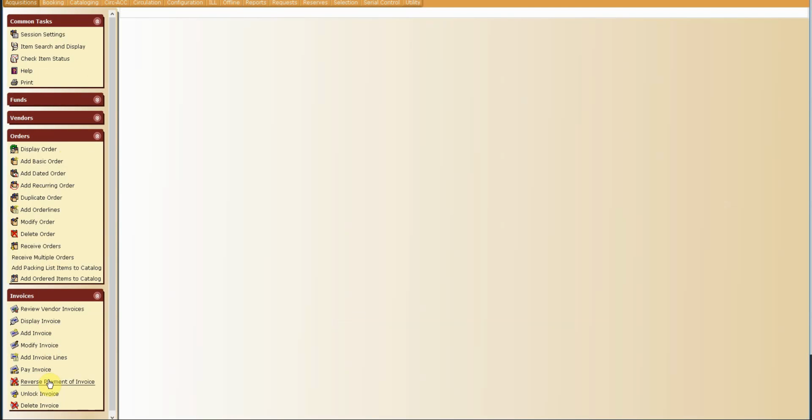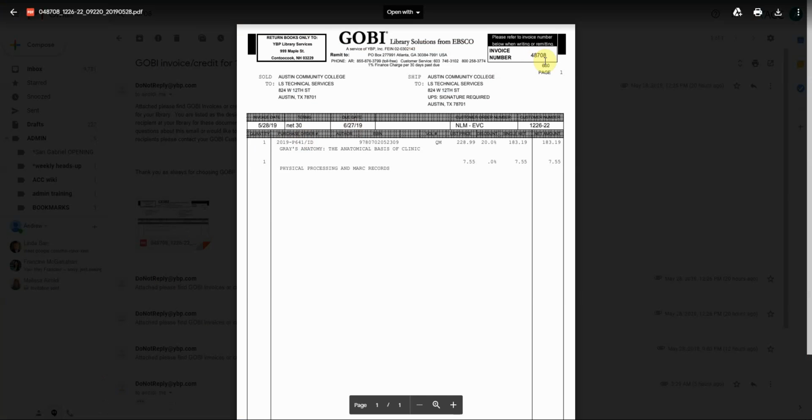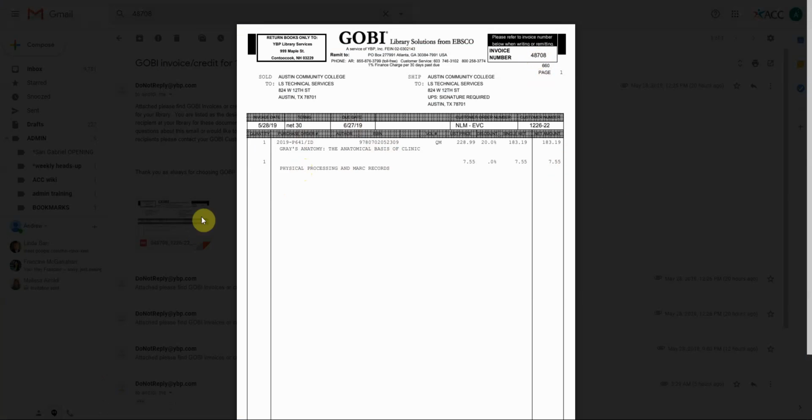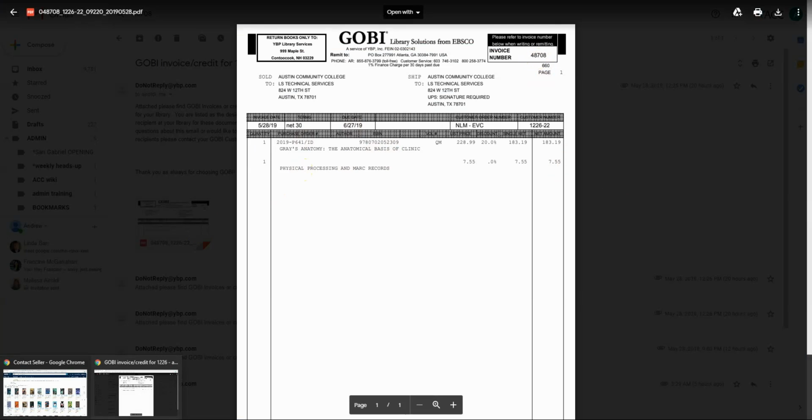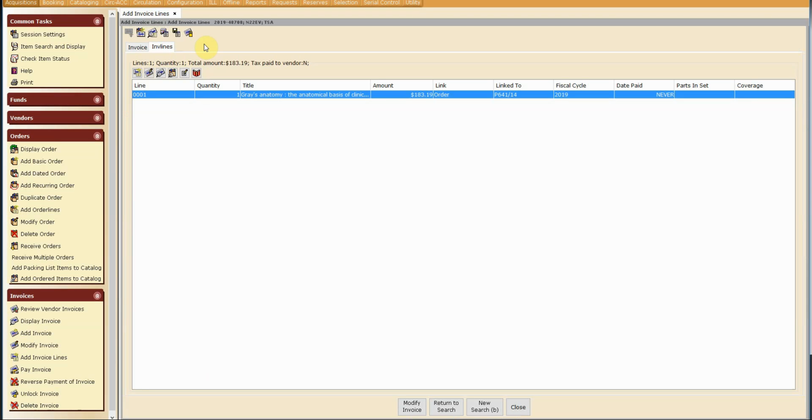Now that I have my invoices in the system, I want to pull them up and go to here to add invoice lines. So I'm going to look at my first invoice that I want to add an invoice line, 48708, and I see that it has a 755 physical processing. So I'll do a prefix 48708, enter, and see it has the line, but it doesn't have the processing. So I'm going to go right here to add invoice line,